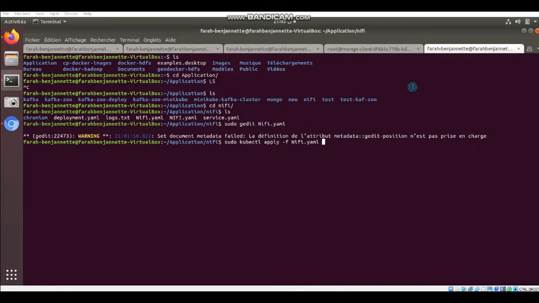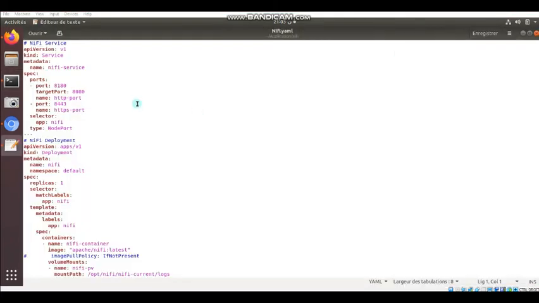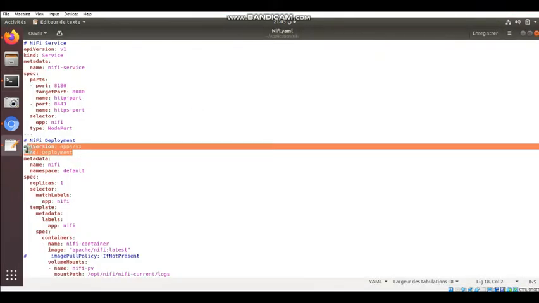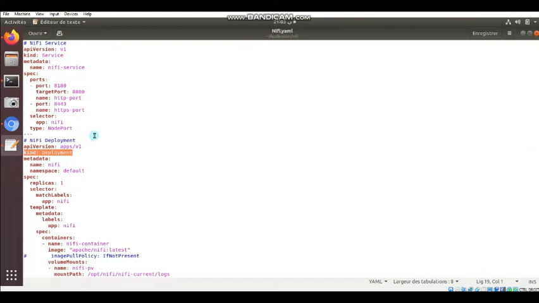NiFi, for example, is a stateless application. For this reason, we use the kind deployment and not stateful set,